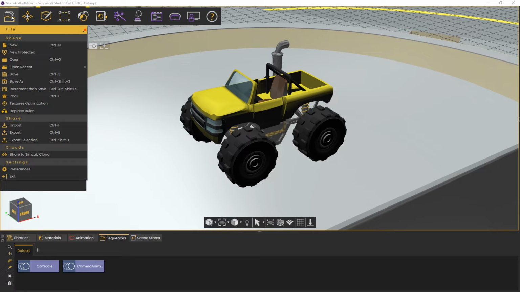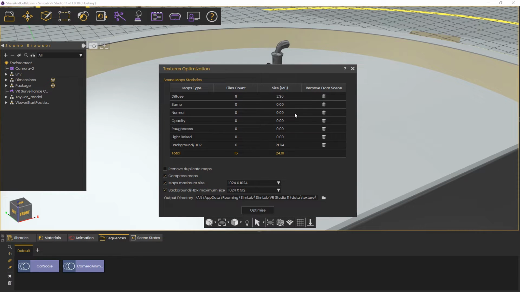From the File menu, select Texture Optimization. Texture optimization lists all the texture maps types within the scene and displays their count and size. You are able then to delete a type of those textures, say for example all the normal maps from a scene. You are also able to remove duplicate maps and compress images, making them smaller in file size, as well as the ability to set a maximum size for textures and HDR maps in the scene, which is usually a good practice if you want to run the VR experience on a low-end device, such as a standalone VR headset